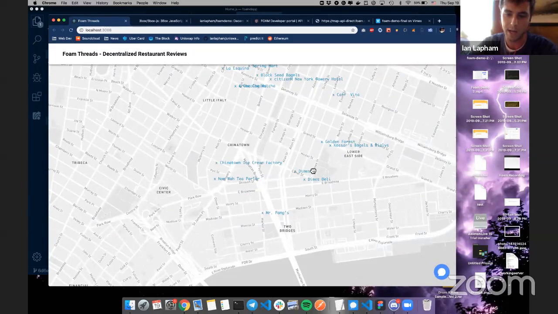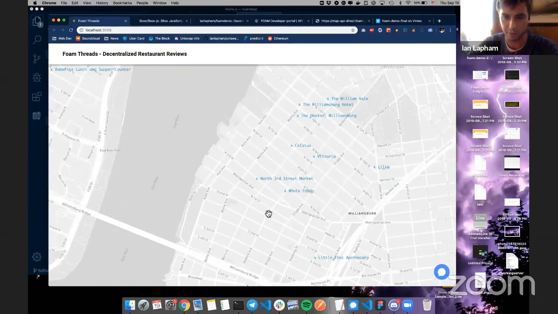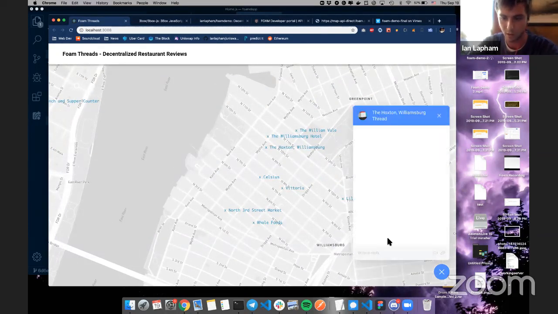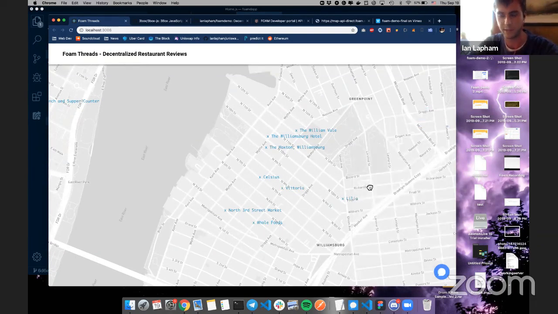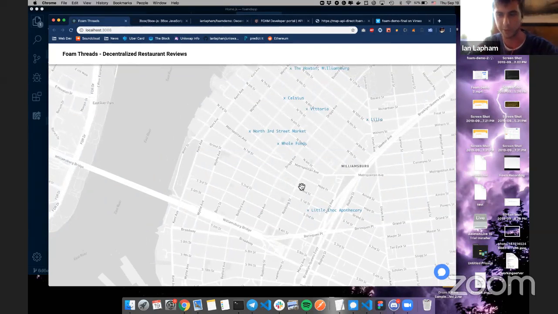So yeah, it's pretty interesting. This is just an experiment. You can see here I've filtered out locations just on restaurants or places that serve alcohol or food, just because I thought that was a little more interesting, but you can definitely see the potential here.